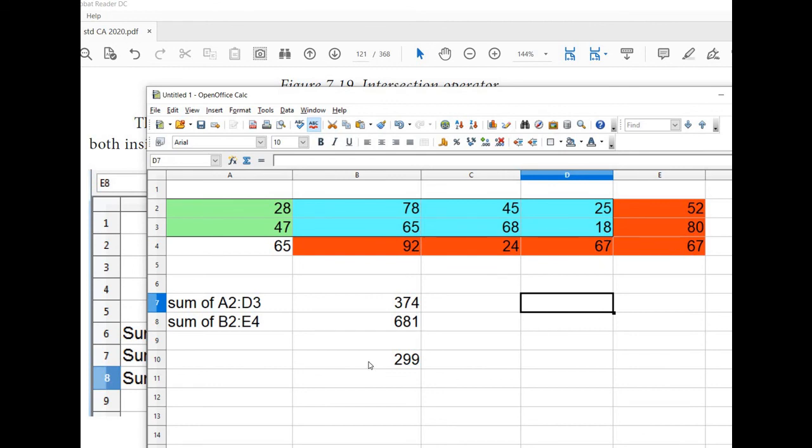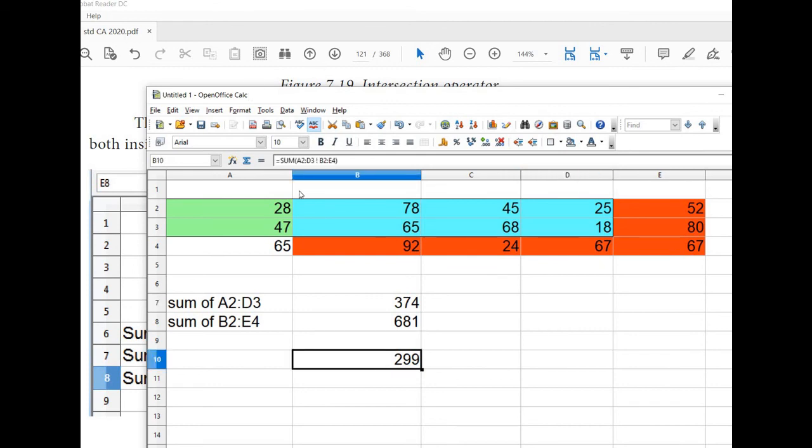So when we apply this formula, A2 to D3 exclamation B2 to E4, it will give only the intersection portion. So the range intersection portion is 78, 45, 25, 65, 68, 81. So that answer is 299.